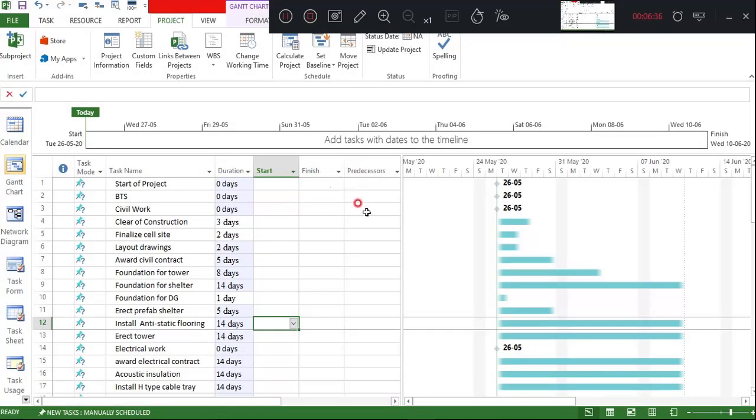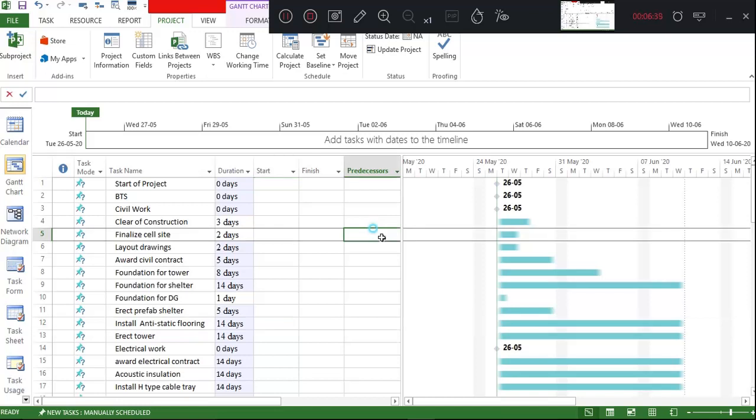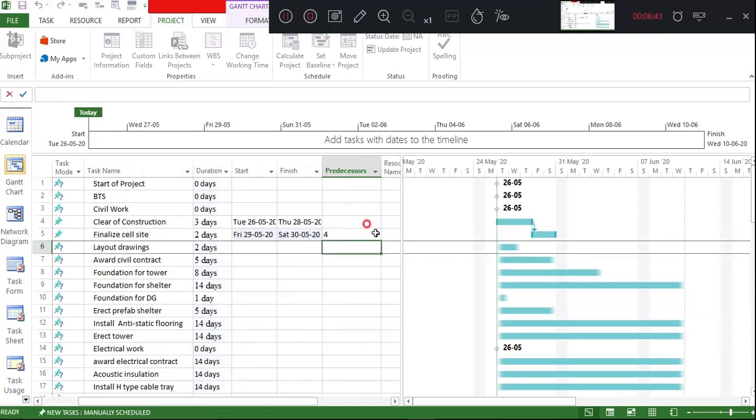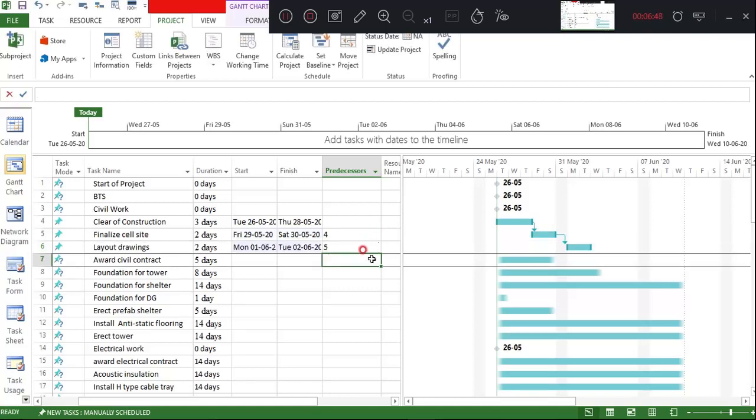Okay, so here for finalization of a cell, I'll be giving predecessor as 4, and this I'll be giving predecessor as 5. So you can see now when I consider a particular thing, Manual schedule mode is what I have kept, and as I went on scheduling, the question mark disappears. That means the project has its start and has its end. Can you see the difference between this bar and this bar? It is having a definite start and a definite end, and also the relationship is created.